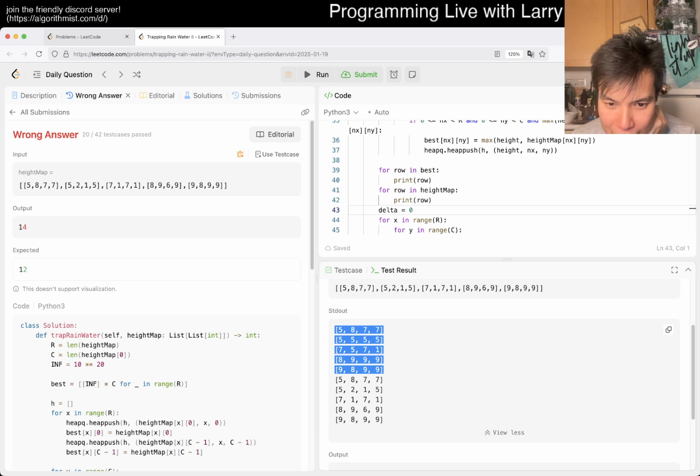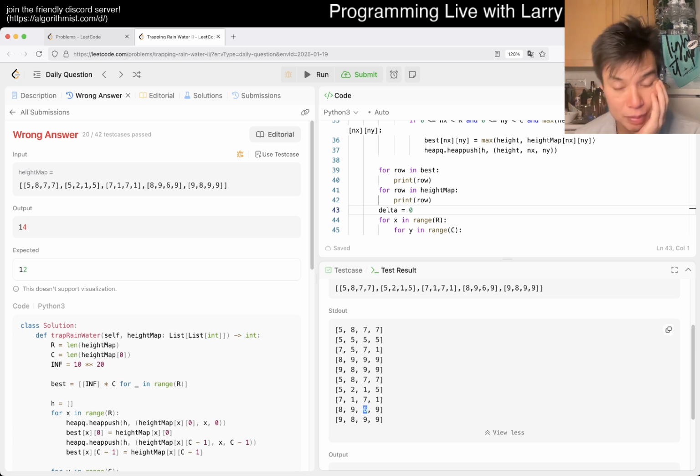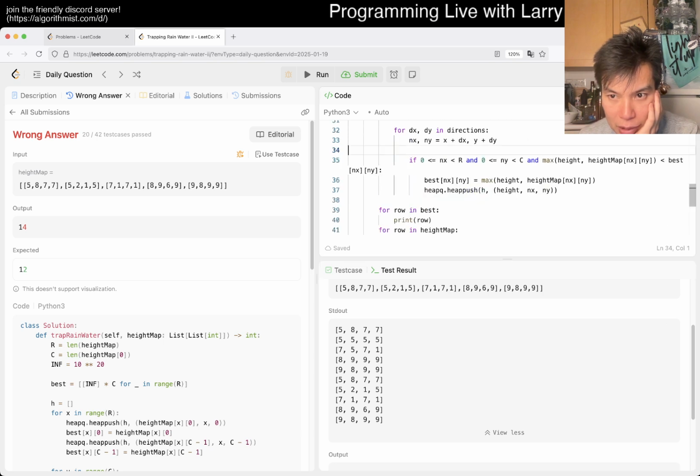Okay, so the 8, 8, okay, so the 2, it seems like the 5 is okay there. 5 is okay for the 1, 5 is okay for the 1. 1 doesn't change. This 6 should not be a 9. This 6 should be a 7. So that's the wrong answer. This 6 is turning into a 9. Why? 9, 9. Height map didn't change. So ideally,